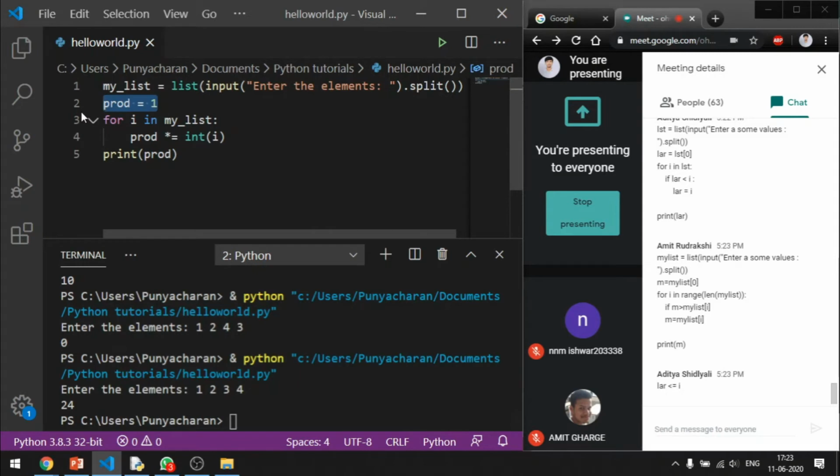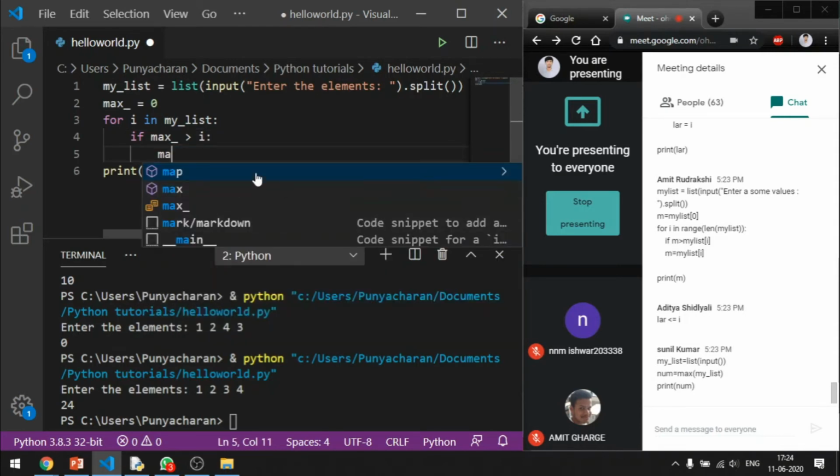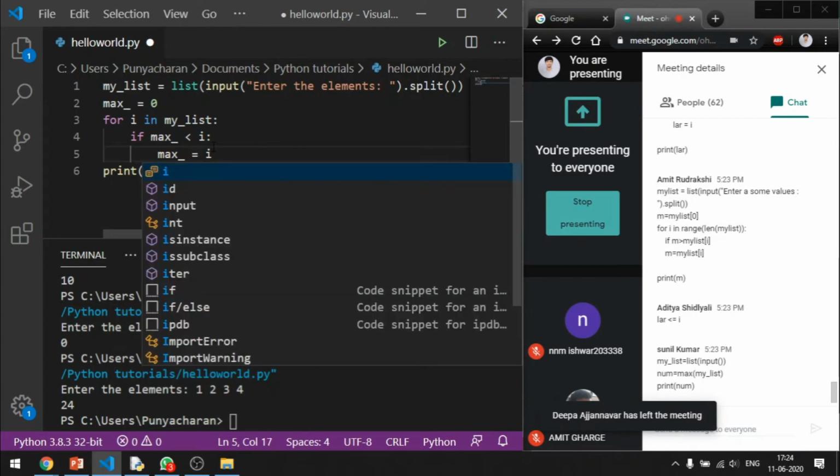You have max is equal to, okay, max is also a function. max_ is equal to 0, if max_ is greater than i... Okay, it should be smaller than, right? max_ is equal to i.